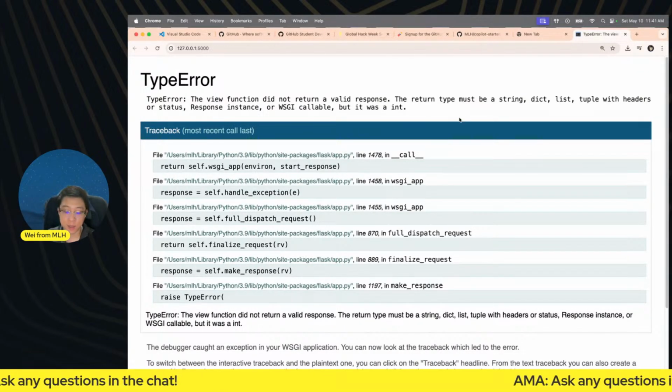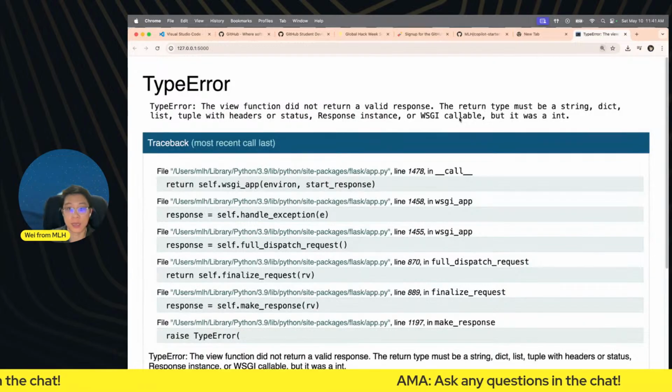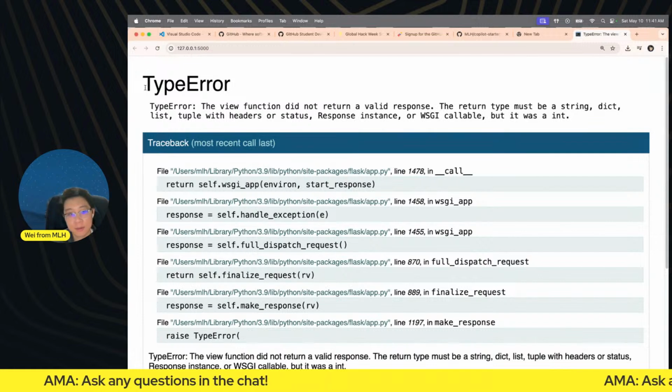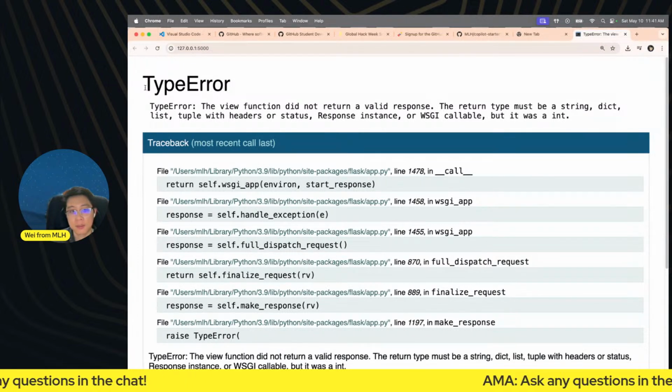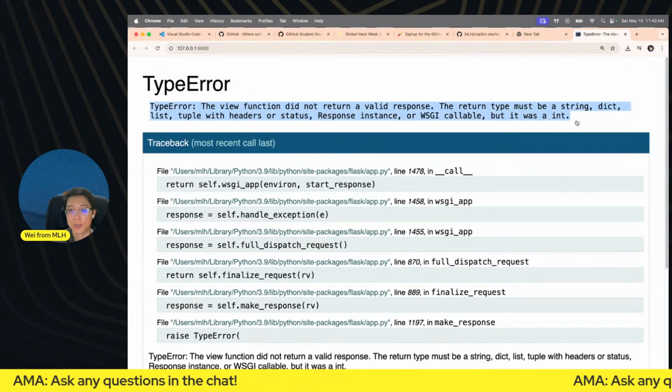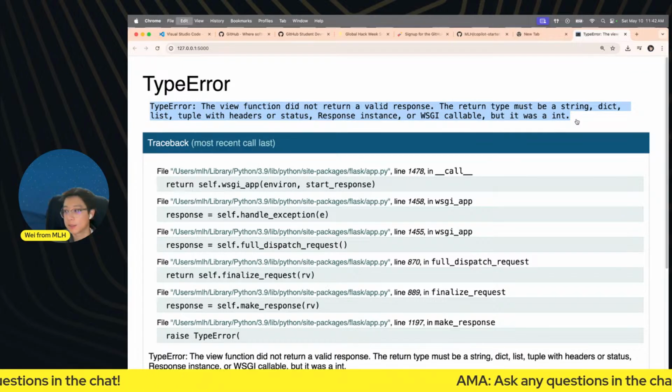And this is where I need your help again, all the experts out there. What does this mean? As a beginner, as you know, I'm a JavaScript and TypeScript enthusiast. I'm very new to Python. I don't really know what this means and how to fix it. All I know is this error message. Let me go ahead and copy that.